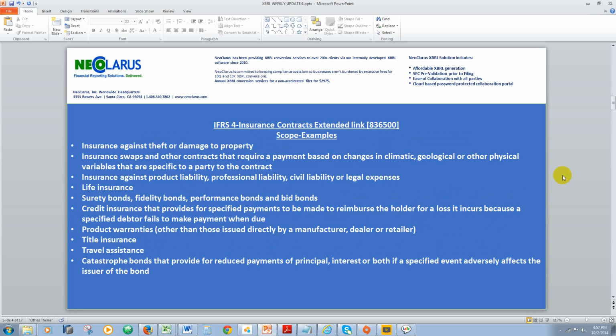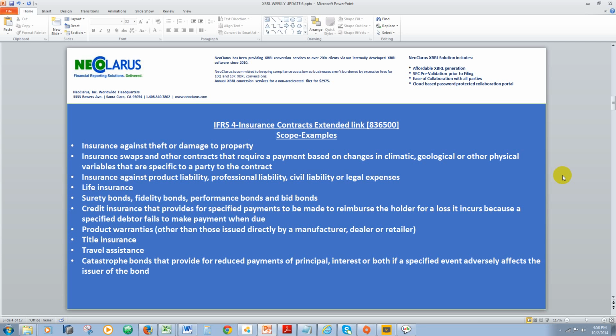These are some of the examples of insurance contract: insurance against theft or damage to property, insurance swaps and other contracts that require a payment based on changes in climatic, geological or other physical variables that are specific to a party to the contract, insurance against product liability, professional liability, civil liability or legal expenses, life insurance, surety bonds, fidelity bonds, performance bonds and bid bonds, credit insurance that provides for specified payments to be made to reimburse the holder for a loss it incurs